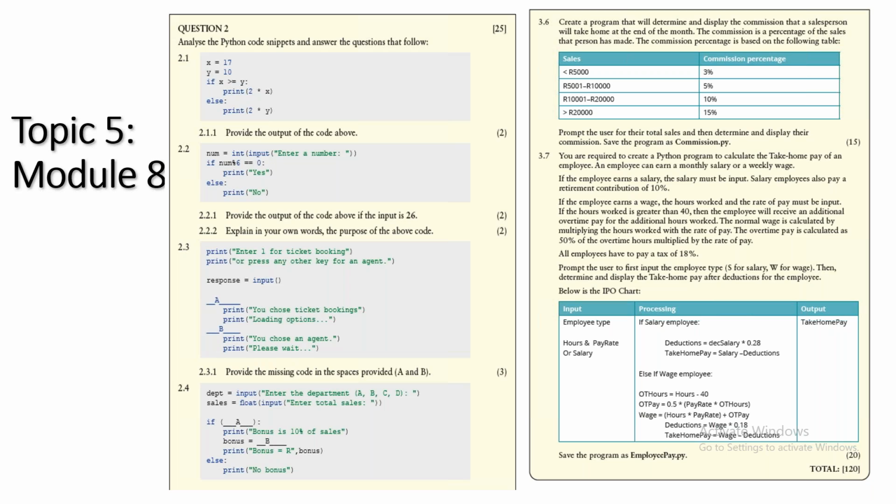And then also in terms of programming problems, the kinds of problems that you may actually find in an examination, where there's a long scenario, student is given an IPO chart. That's generally how it goes with programming. We give students a scenario, we give them the IPO chart, and then from there we expect them to be able to now create the programs. So that's an idea as to what will happen in, say, a trial exam or a final exam. Those are the types of questions that we put in the summative.